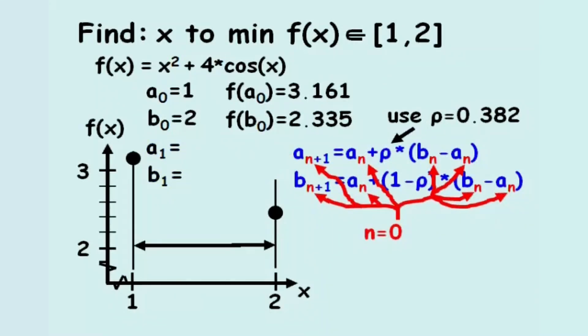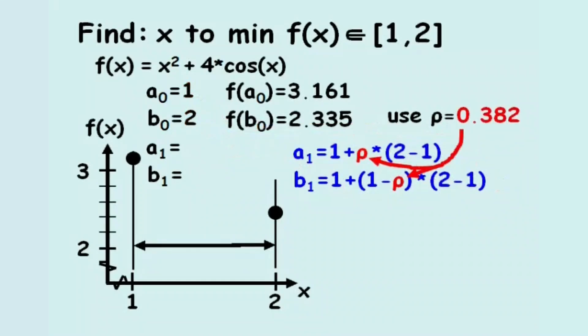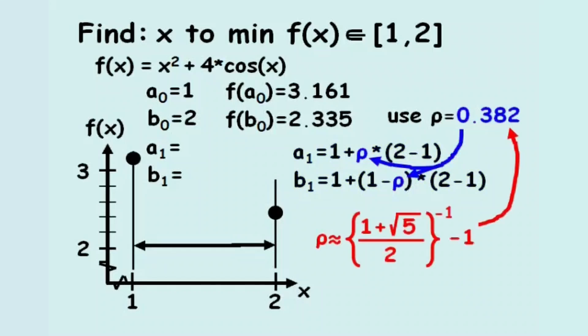We'll also substitute in 1 for a0 and 2 for b0. Lastly, the problem states to use 0.382 for rho, because rho is approximately the inverse of the golden ratio minus 1. This makes a1 and b1 equal to 1.382 and